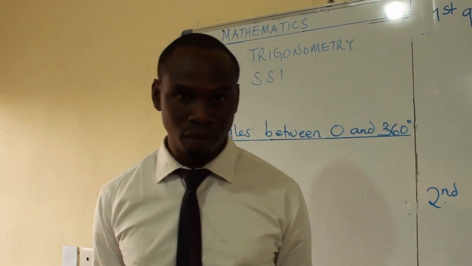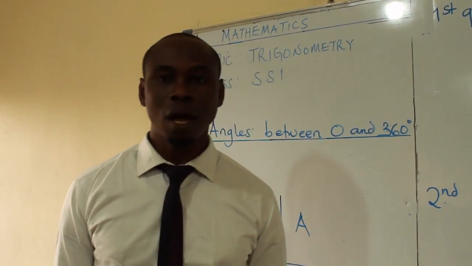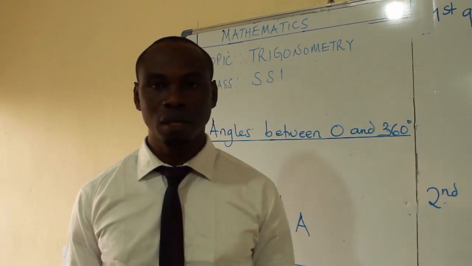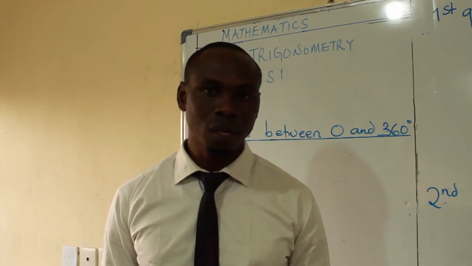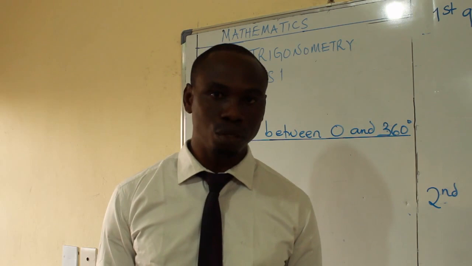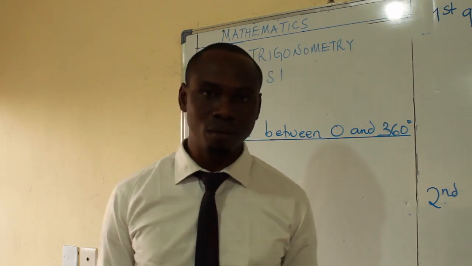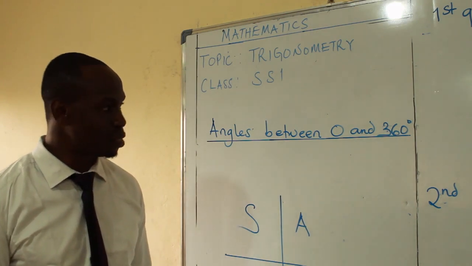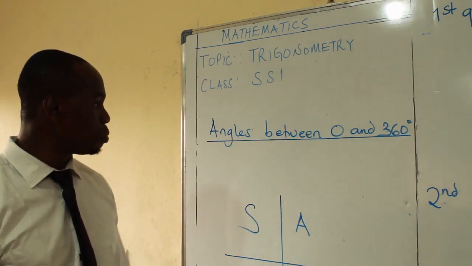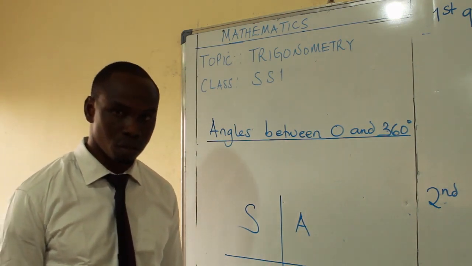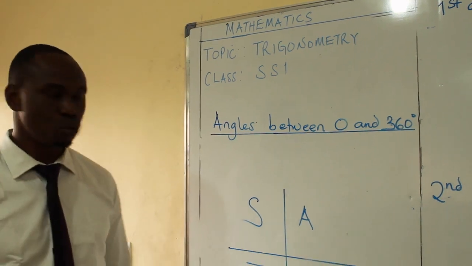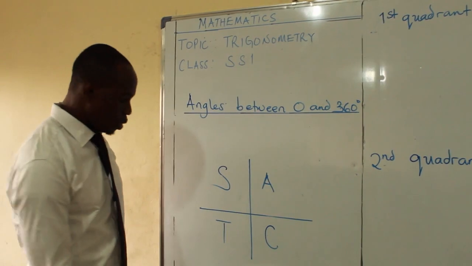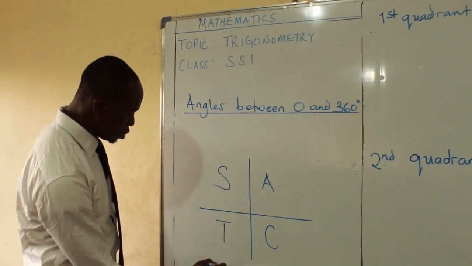My first objective today was to teach you how to use trigonometry as it concerns right-angled triangles. The second objective is to teach you trigonometric values that are between 0 and 360 degrees. So we're going to be looking at trigonometric functions of angles between 0 and 360 degrees. This abbreviation